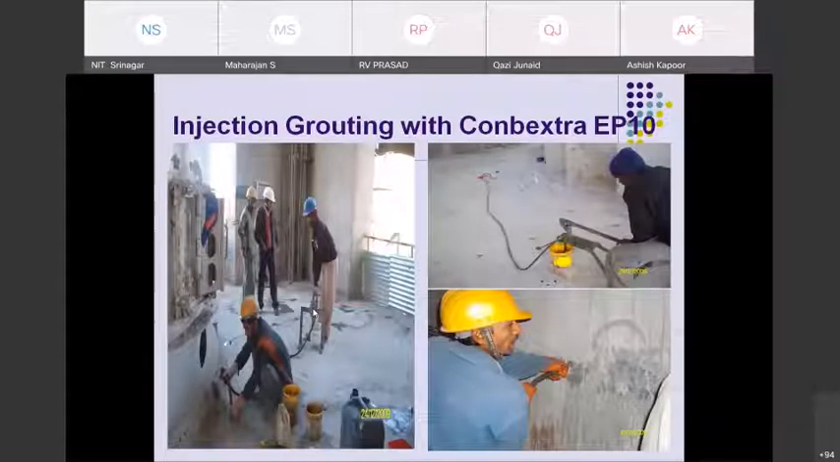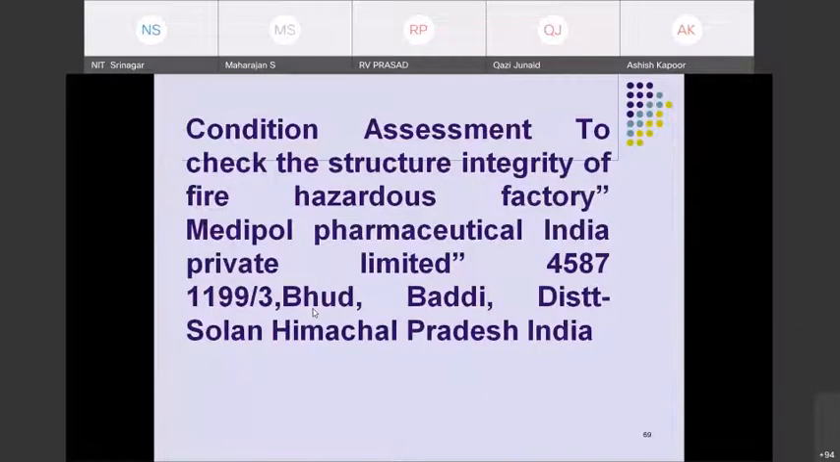And after this whole work of repair and rehabilitation, again the whole procedure for non-destructive testing can be done to evaluate the structure, so you can ascertain whether your structure is now safe or not. So the last is a condition assessment to check the structural integrity of a fire hazardous factory, because nowadays